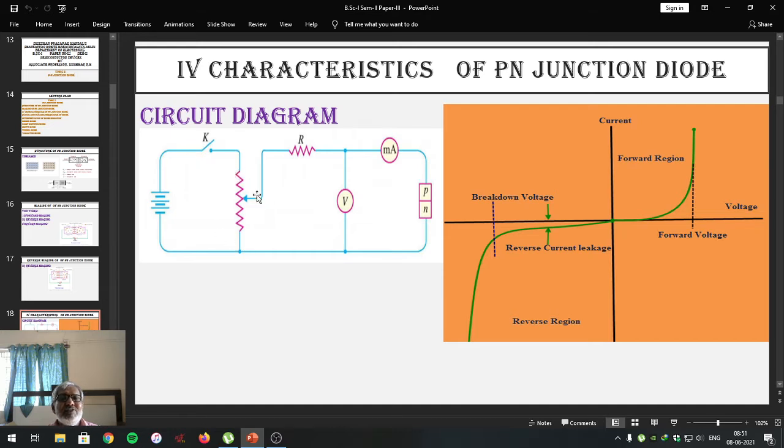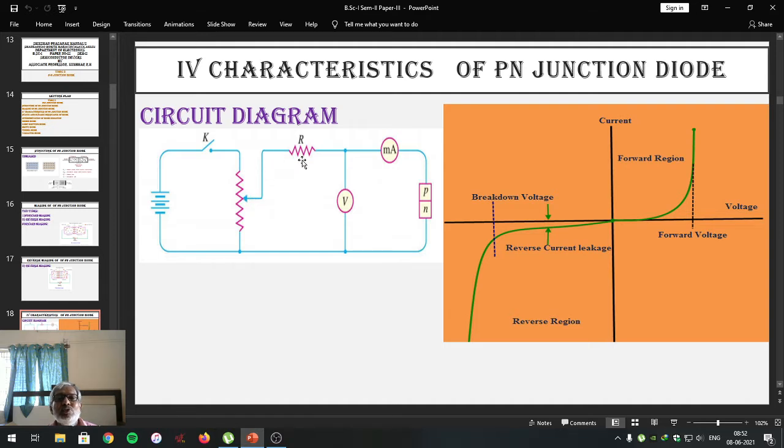This is the rheostat. One of the fixed terminals of the rheostat is connected to the positive terminal of the battery through the key. Another terminal is connected to the negative terminal of the battery. This negative terminal, via the rheostat fixed terminal, is made common throughout the circuit. This is the common connection. Whereas the variable terminal of the rheostat